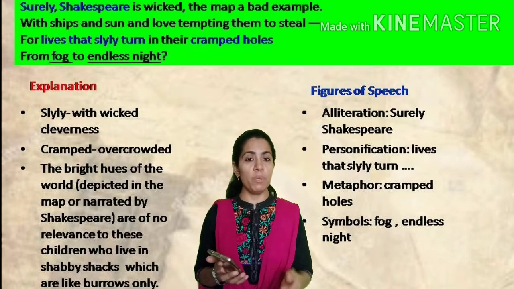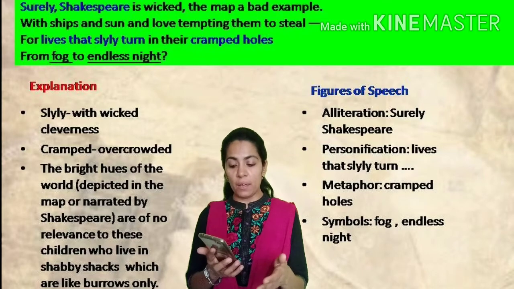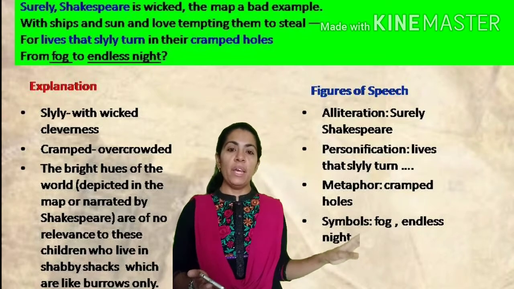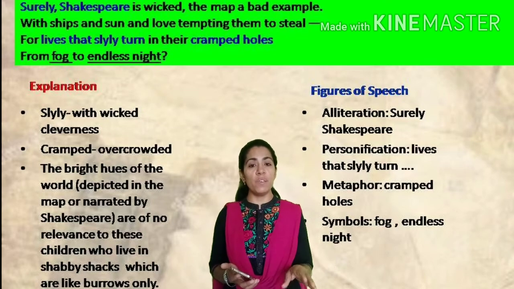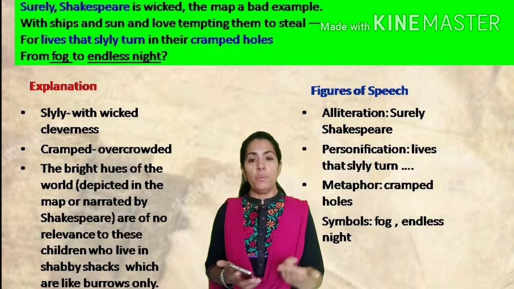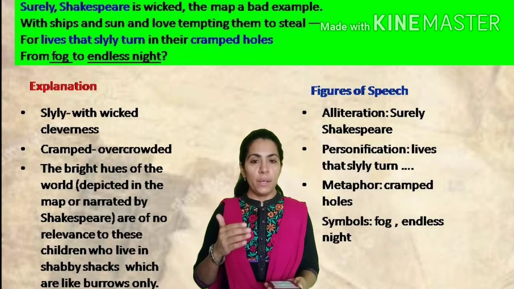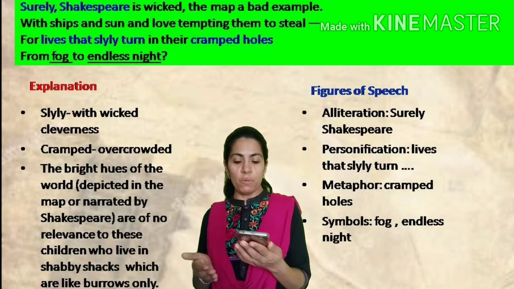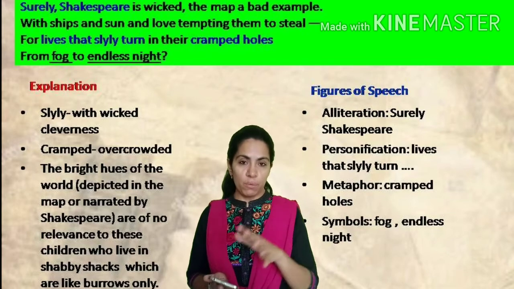a bad example, because Shakespeare on this map, what are they depicting? They are depicting sun, ships, and love, which is tempting them to steal. Whatever is described in Shakespeare's tales, beautiful stories of love, of the royalty and regal people. This map, which is depicting the glories of the world, and it has the exploration. People have done exploration on ships also. So with ships and sun and love tempting them to steal, the map